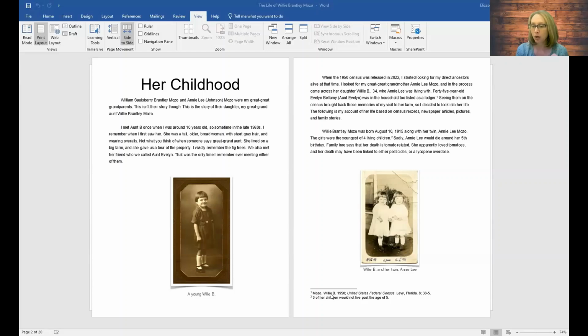It's for Willie B. Mozo, and then the year of the census, and where it was taken. This is, I believe, page numbers and probably the enumeration district included there in the citation. And then that second one